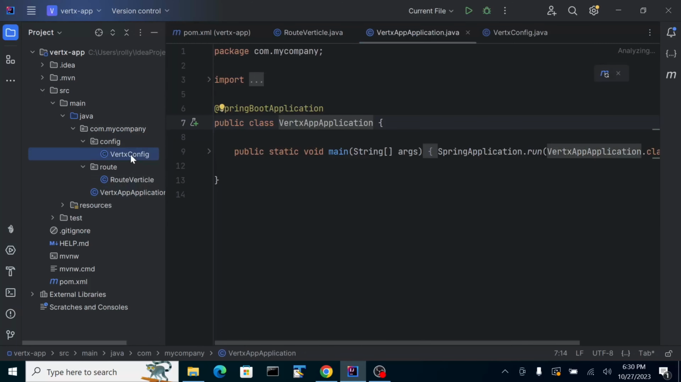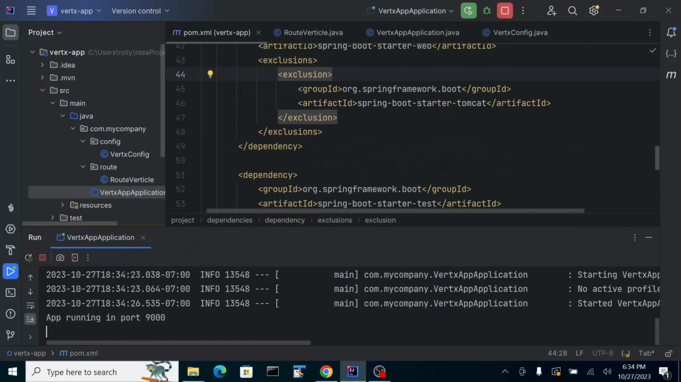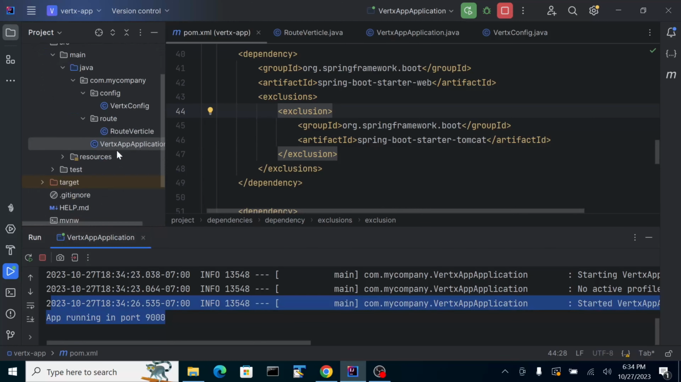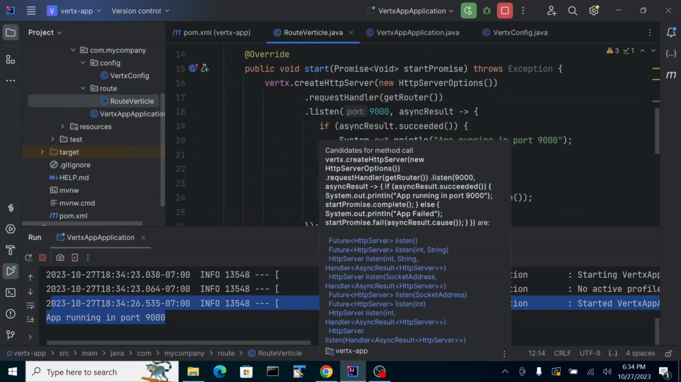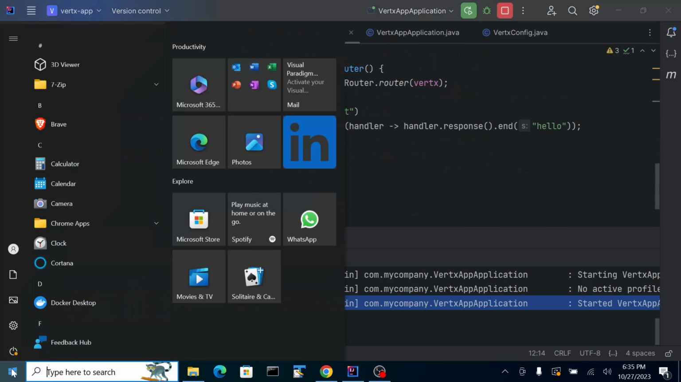If it works, our service is up. Just to clarify, the execution should be starter Tomcat. Earlier I put here starter web, so it should be Tomcat. So the service is up on port 9000, and then we'll try to hit this endpoint. Okay, so let's just